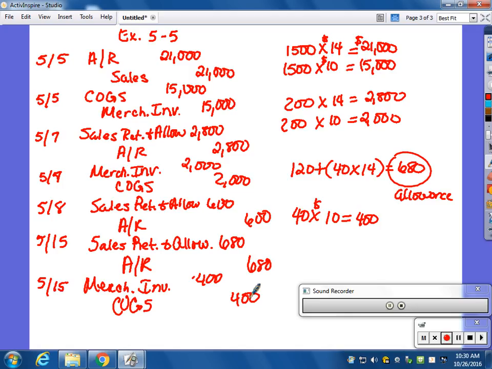Ready? Exercise 5-11, which will be our last one. The following list includes selected permanent accounts and all of the temporary accounts from the December 31st, 2015 unadjusted trial balance of Nico Company, a business owned by Kuni Nico. Use these account balances along with the additional information to journalize adjusting entries and closing entries, and they use a perpetual inventory system. So the first thing for us to do are the adjusting entries, and they have